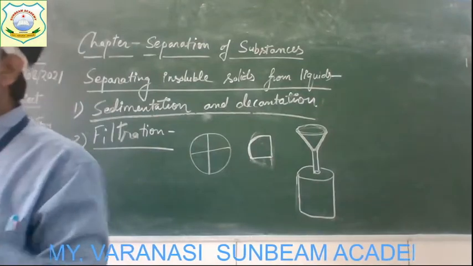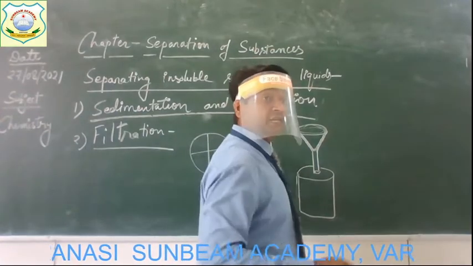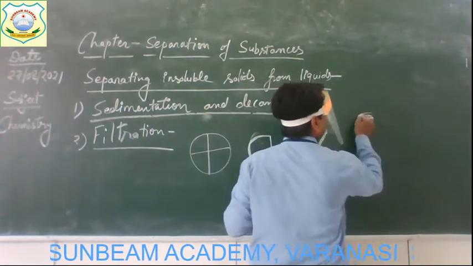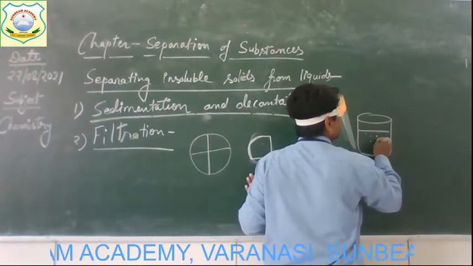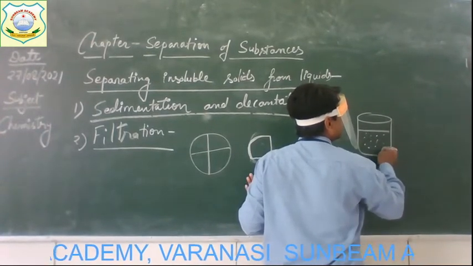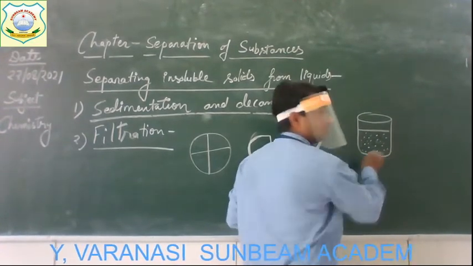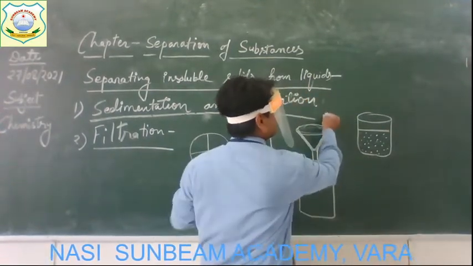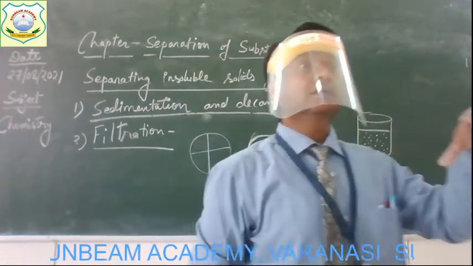We will put an empty beaker below the funnel. And now, simply the mixture which we have prepared in the previous topic, the mixture of what? Sand and water. Very small sand particles which are present in water. So we have this mixture. Okay? Now pour it here in this funnel in which we have kept the what? Cone of filter paper. So pour it.